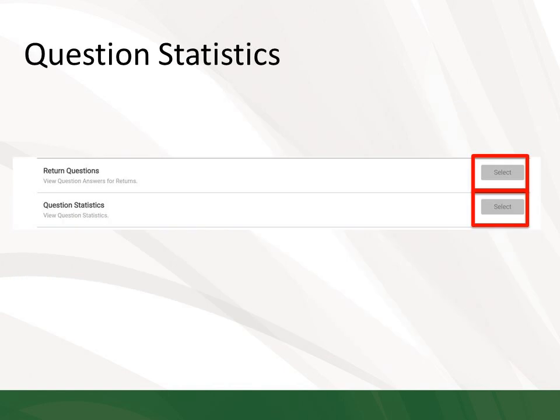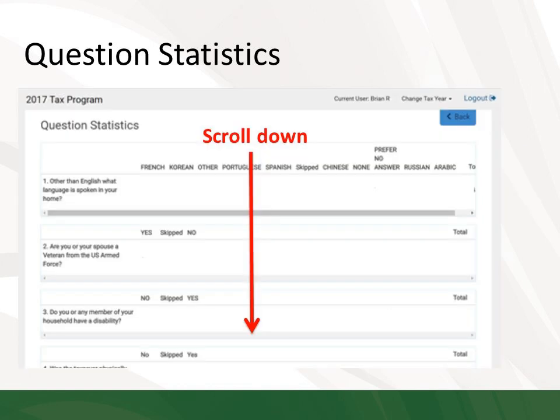So like I said, question statistics provides us with, there's two ways to pull it. There's return questions and there is question statistics. We're going to go ahead and use the question statistics, that's the second one down, in order to perform this operation. So if you're clicking along, go ahead and select question statistics. Now, in question statistics,